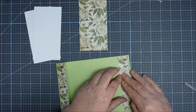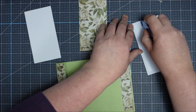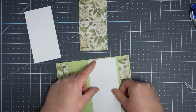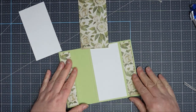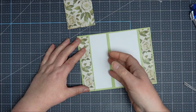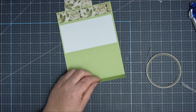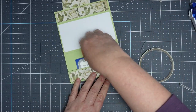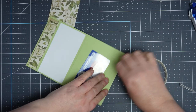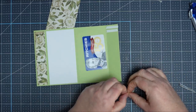So we've got the 2 strips, one on the pocket and one on the side edge. And then we pop down our piece of white, again, not using the glue for the white. And that's where you can put the white down. If you do put the white down, again, it must be done before you attach the pocket. Now with the pocket, because it's a normal size card and the gift card is small, you need to put more of the double-sided tape, otherwise the gift card can fall out. So I suggest using 2 of the strips